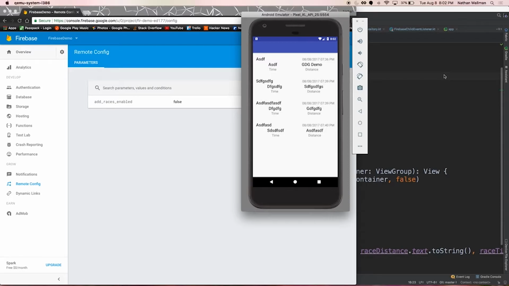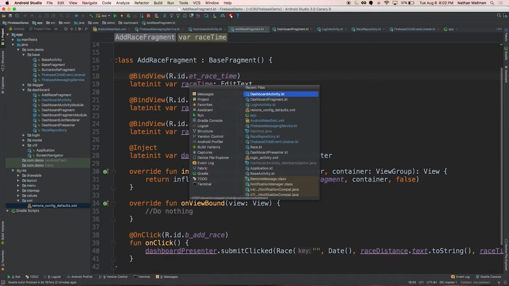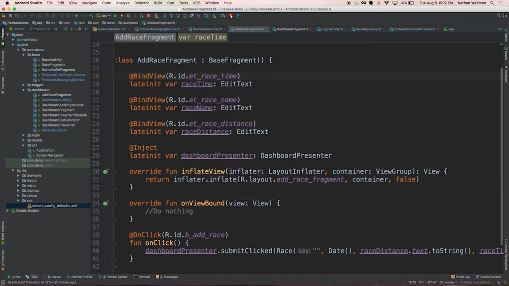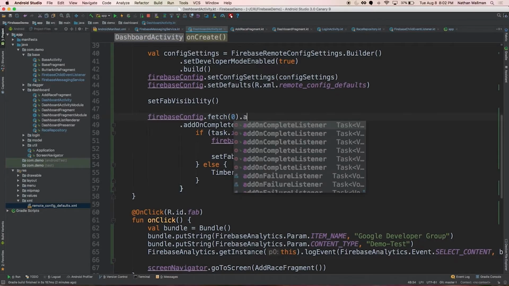Does that callback finish after one callback or something? Why wasn't it getting calls as you were publishing changes? So in your dashboard activity, that config callback, oh, so it is just a complete listener. Yeah. Can you not constantly listen to config changes like you can with the database?